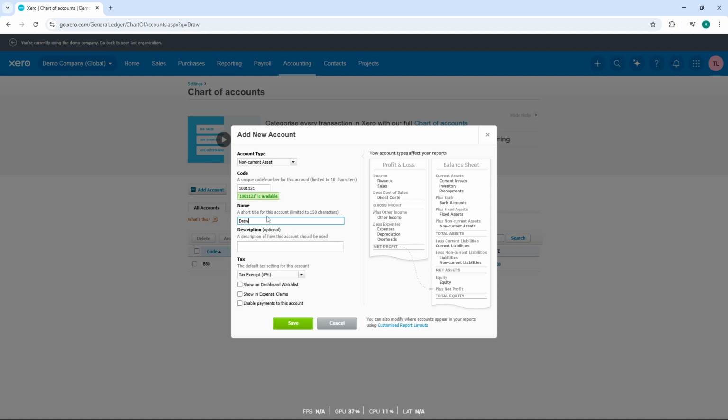Once you've found or identified where the drawings account should be, click on New if you're creating a new drawing entry, or click Add if you're working with an existing account and need to adjust the details. This step allows you to either set up the account from scratch or modify the account name and description to better suit your needs. It's crucial that this account is labeled clearly so you can easily identify it when entering